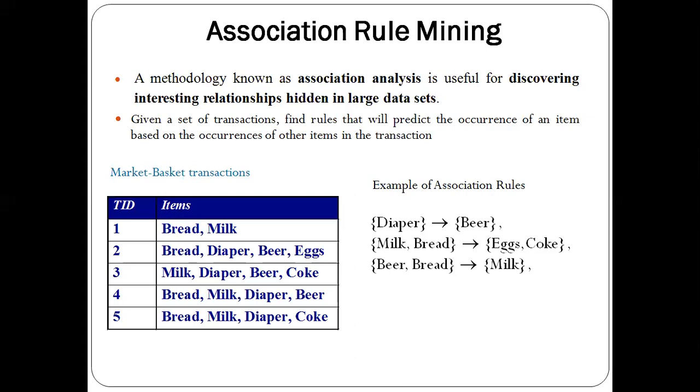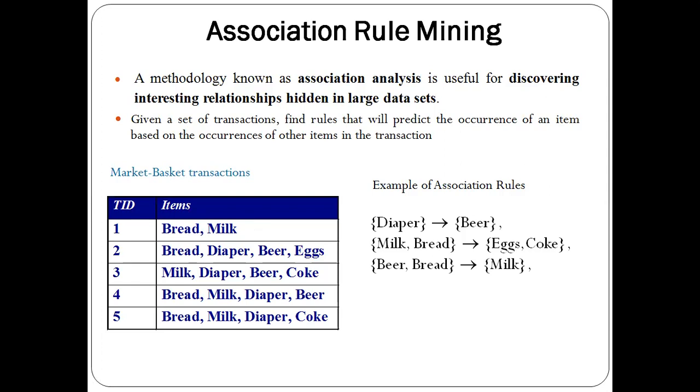In association analysis, it is one of the methods that will be used in order to discover the interesting relationships hidden in large data sets. With the help of association analysis, we can analyze the data and find the interesting relationships hidden in large data sets. Why do we want to find all such hidden relationships? For example, I told that there is a hidden relationship between bread and milk. That is one kind of frequent item set. If I find that, I can easily improve my business.